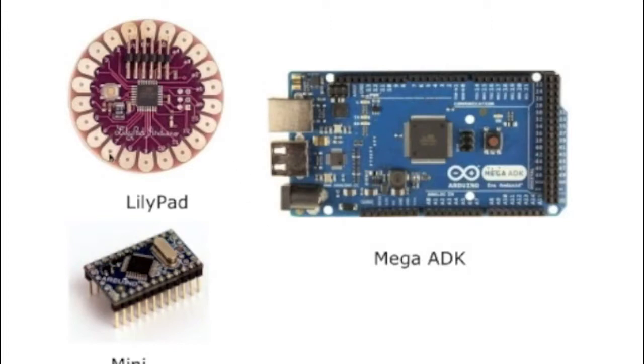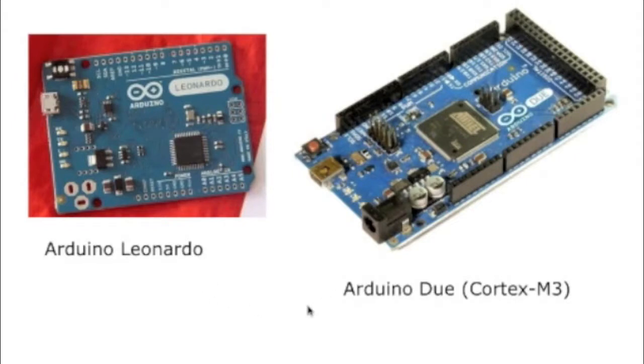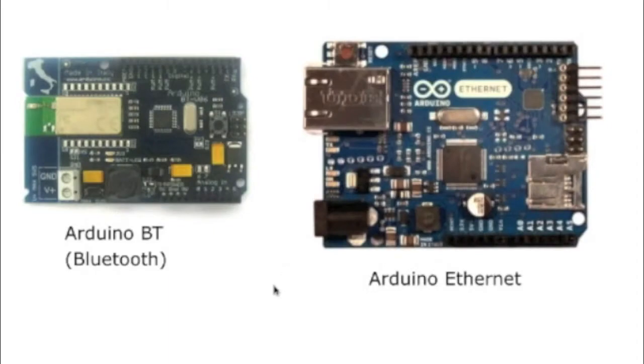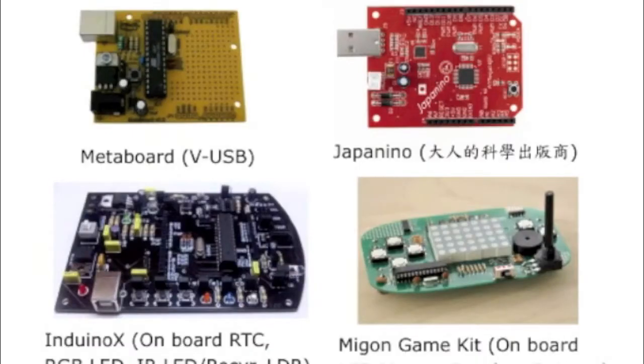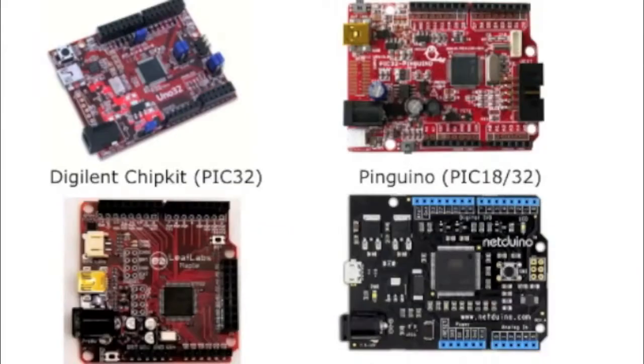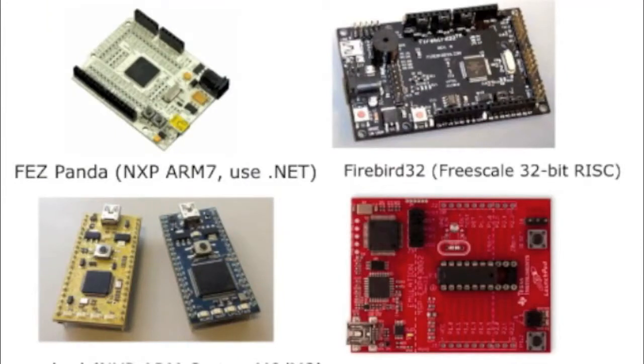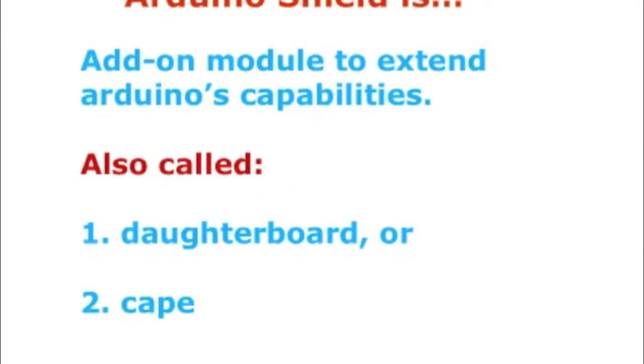And then they have these other ones, like LilyPad, which is designed for clothing. It has lots of hooks where you can tie in conductive thread. Then you've got these other ones; the Cortex will be very powerful when it comes out. So here are all the different compatible devices. Lots of clones. Then we have these Arduino shields, which are basically a daughter board you can add on